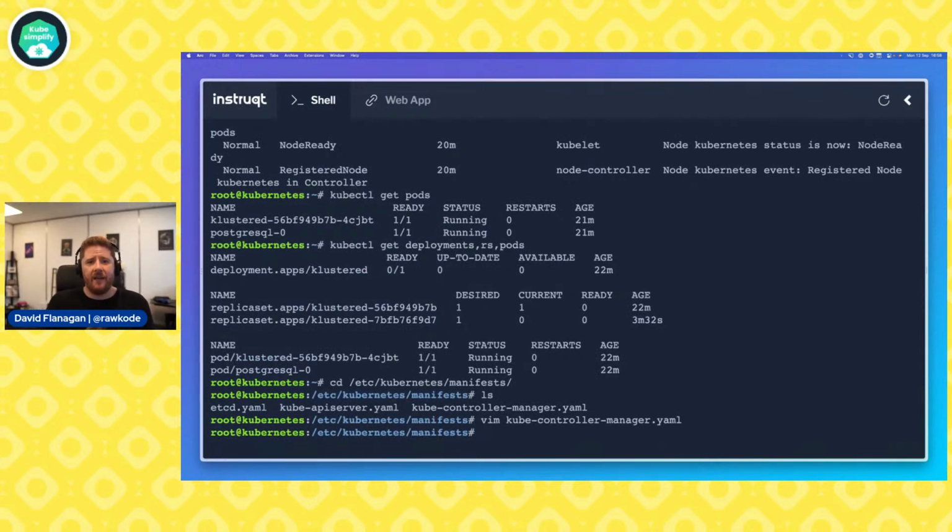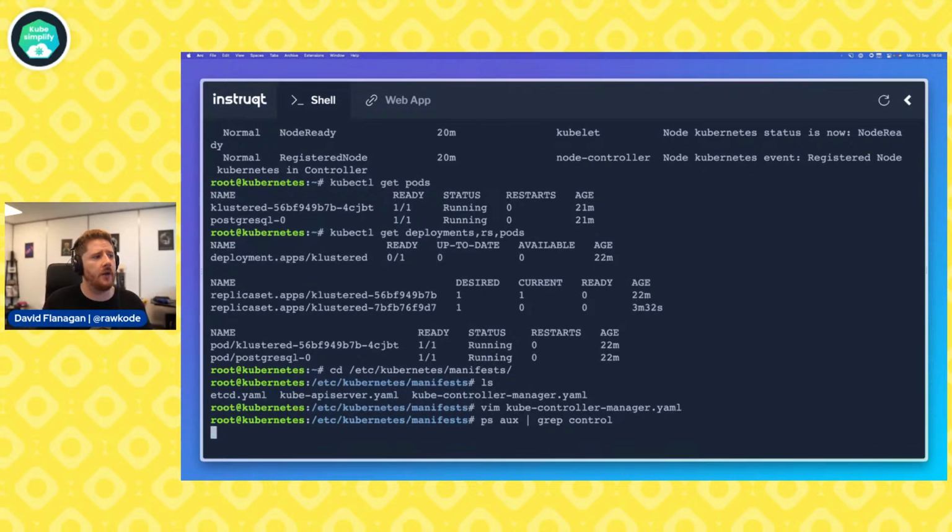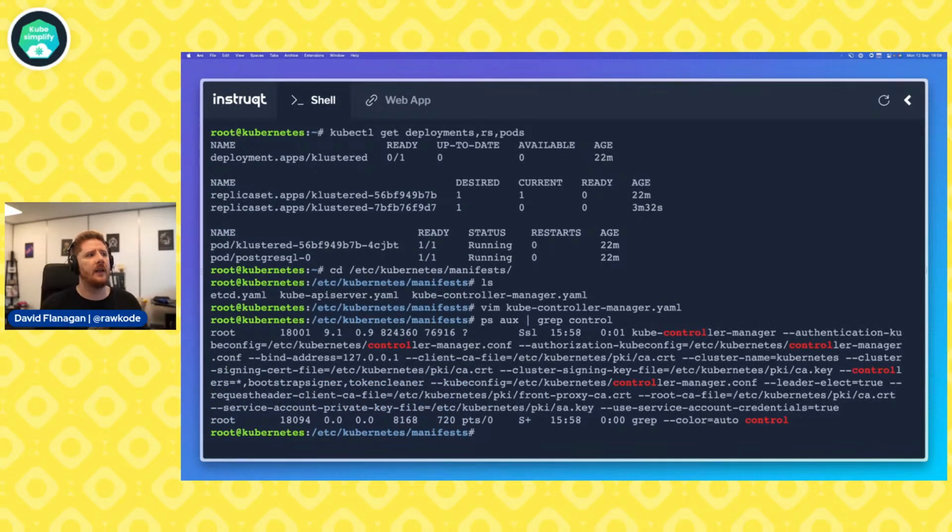Now, with static manifests, the kubelet will detect changes to this on a regular interval and start to reschedule the controller manager and encourage it to restart with its new configuration. Of course, you can monitor this with ps aux. And in fact, we can see that this has already restarted based on this timestamp, which is now. So that's just the UTC time where I am at the moment, or actually BST, but irrelevant. So our controller manager has restarted.